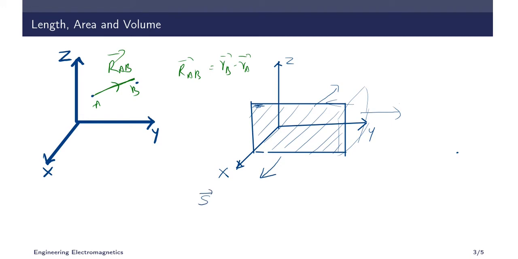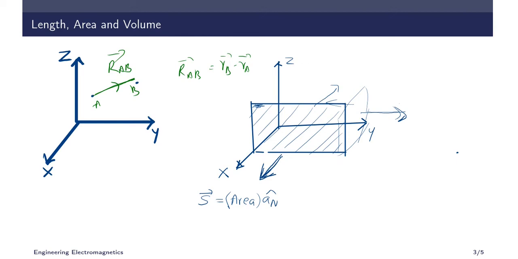So we represent this as vector S. Now what is vector S? Vector S is area. Area is nothing but its magnitude into a unit vector perpendicular to it. So here in this case it will be in the direction of ax cap. In this case it will be towards the direction of ay cap. So area is a vector, remember. Area is not a scalar quantity, area is a vector quantity.